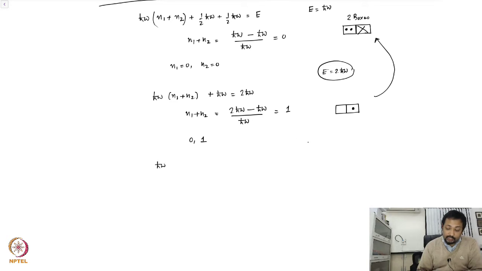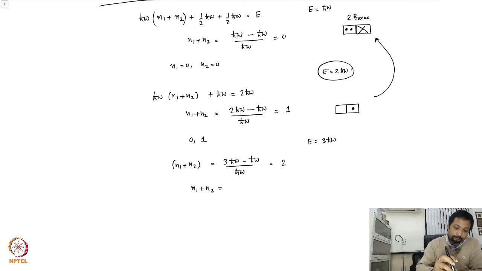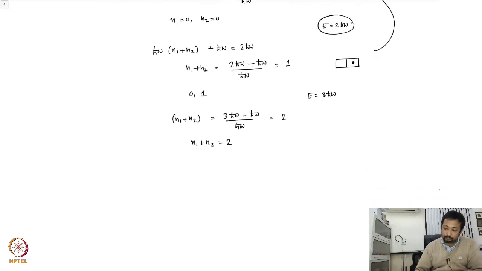What about the case when E is equal to 3h bar omega? So you have n1 plus n2 is going to be 3h bar omega minus h bar omega, and we can bring this h bar omega here and you will have 2. So n1 plus n2 is going to be 2. That means I have n1 is equal to 0, n2 is going to be